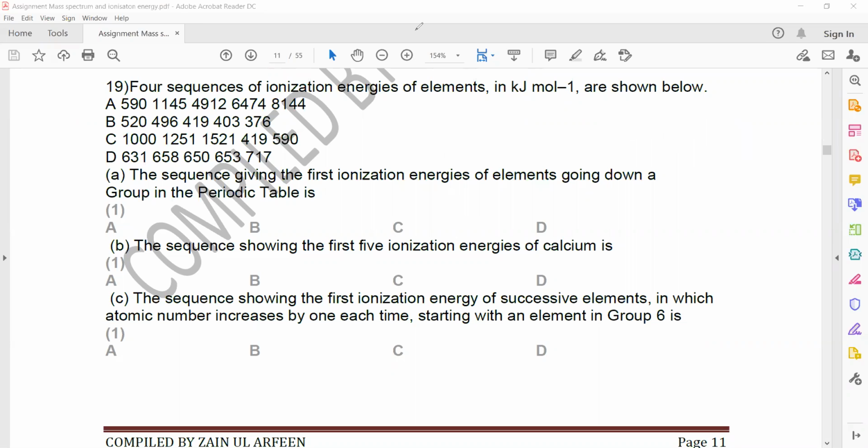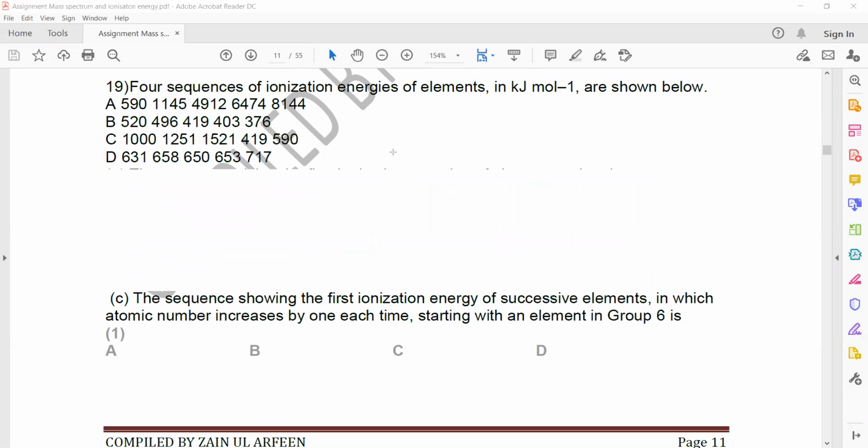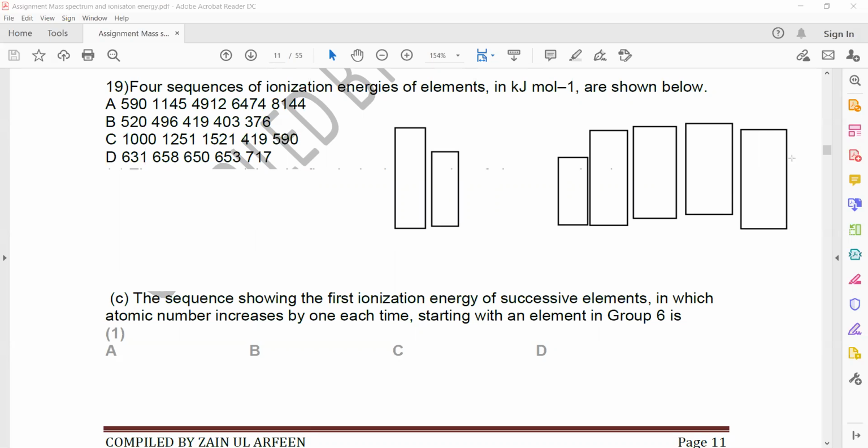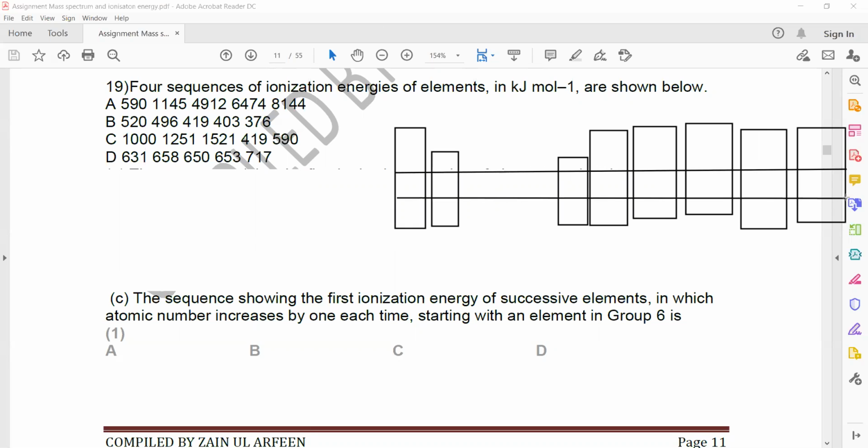Like if you have a periodic table, so these are the groups of a periodic table. Group 1 is there, 2, example group 3,